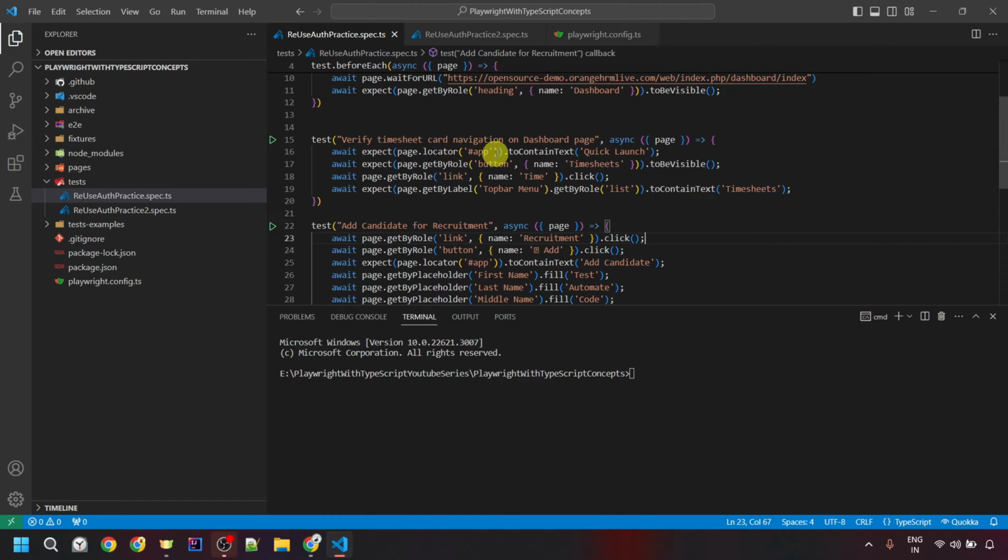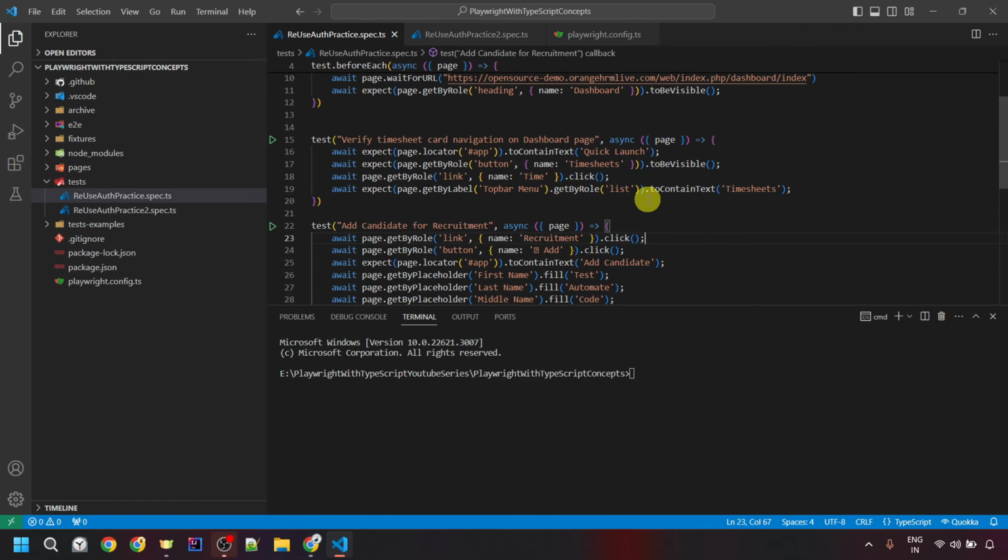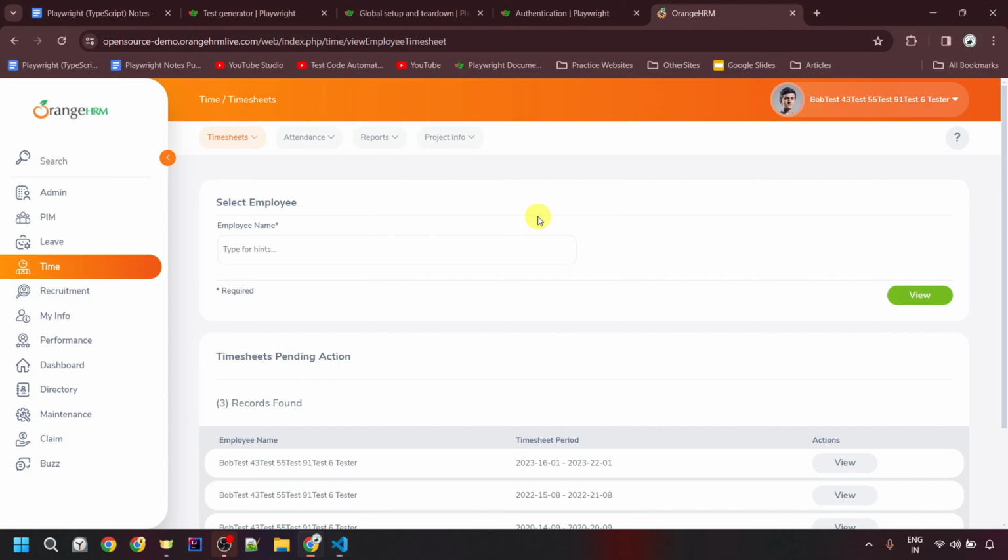Okay, here we are just checking that the quick launch heading text is appearing or not. And then inside this, we are checking that the timesheet button is available and then we are clicking on it. And once we click there, then we are validating this timesheets should be visible here, right? This list. And now coming on to the second test where we are clicking here on the recruitment from the